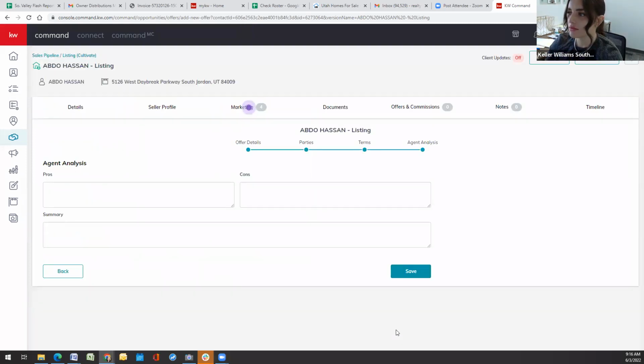Agent analysis page is pros, cons, and summary. So really this is just notes again for you. When you get a bunch of offers, especially on the listing side, you can just type in, let's say, Abdu Hassan,